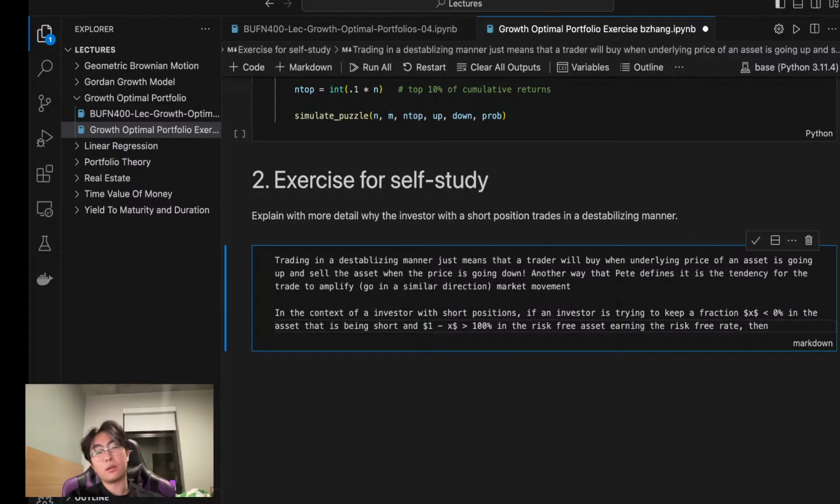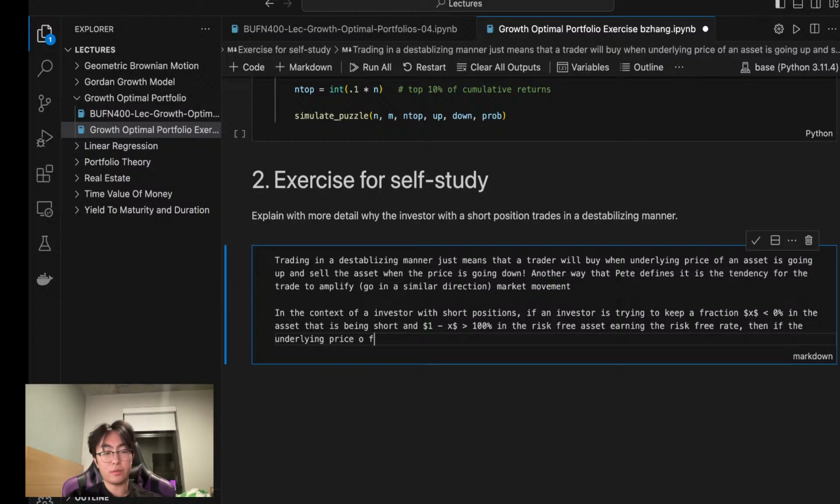Then, if the underlying price of the asset goes up, so for an investor who